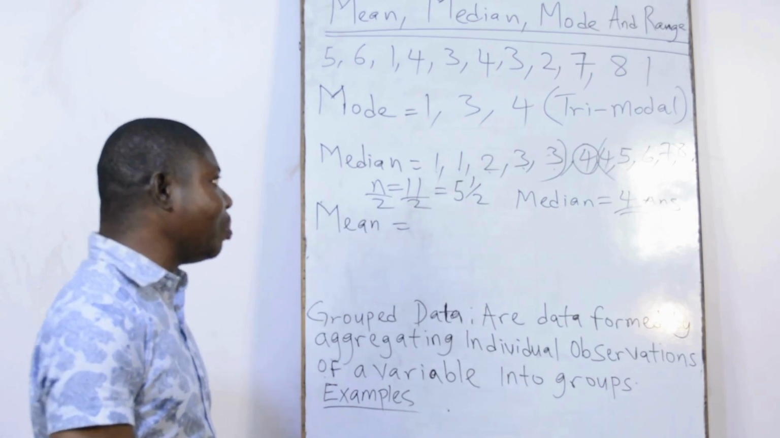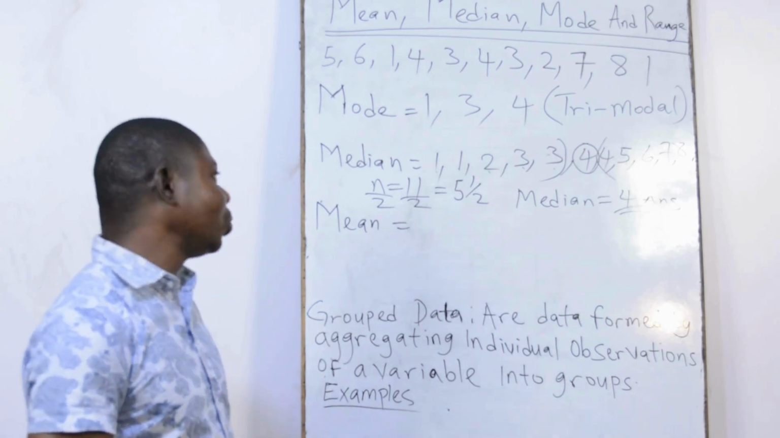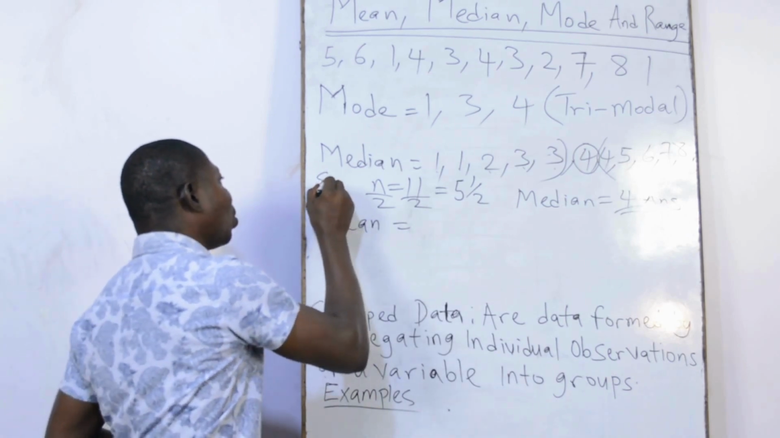So don't forget, the middle number is called median. But you can use this formula n/2 or summation